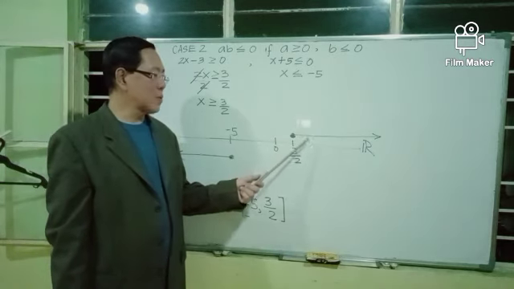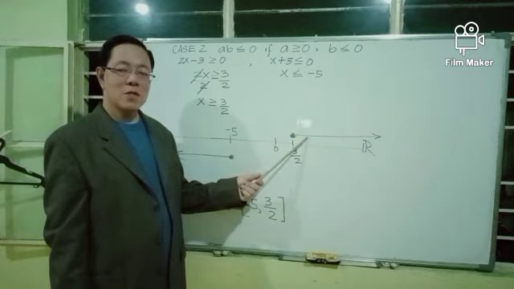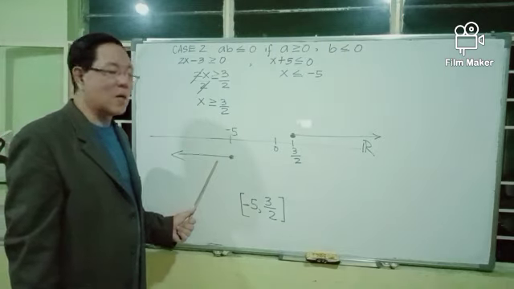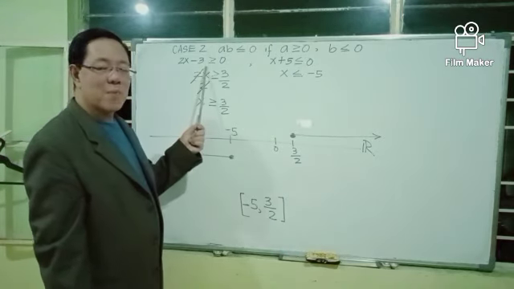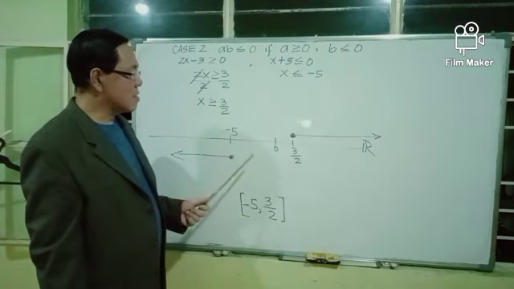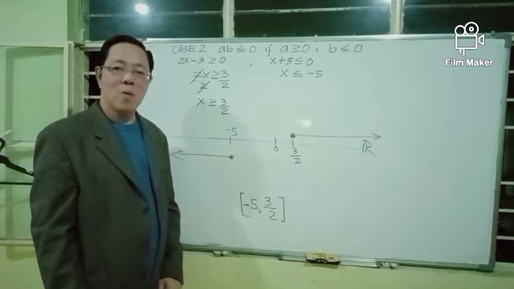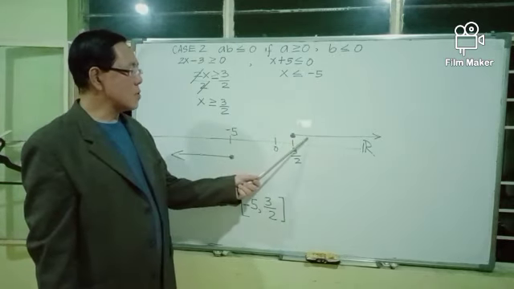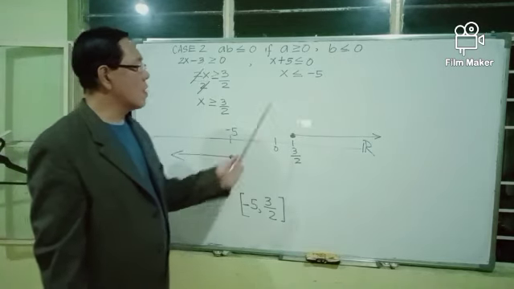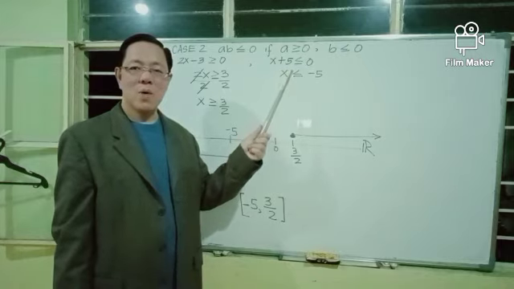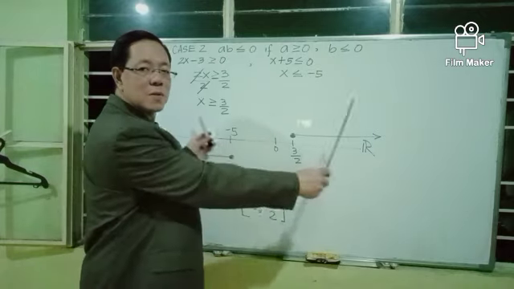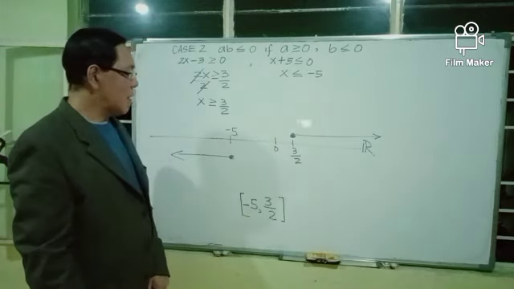that are common to the solutions of this linear inequality represented by this diagram, by this arrow, and the solution of this inequality represented by this arrow. But you can see that there are no real numbers that are common to this solution of this linear inequality and to this solution of this linear inequality, because the arrows go in opposite directions, and so there is no